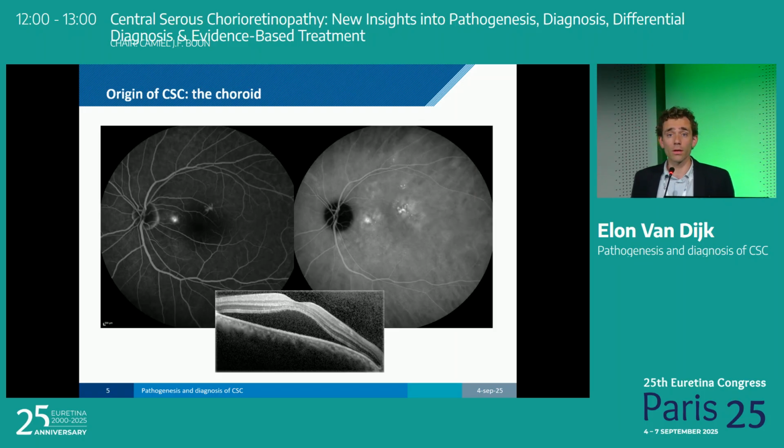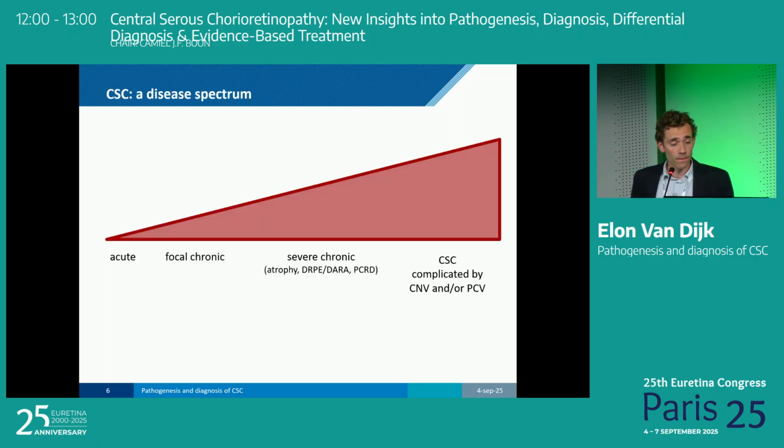In order to diagnose central serous chorioretinopathy, it's of the utmost importance also to make an FA and an ICGA. Usually on that FA you can see the leakage through the retinal pigment epithelium, for example here, but even more clearly here. And on the ICGA, usually on the mid-phase ICGA, you can see the hyperfluorescent areas with an indistinct border. These areas are really typical of CSC and make your diagnosis, and are important for choosing your treatment spot during photodynamic therapy.